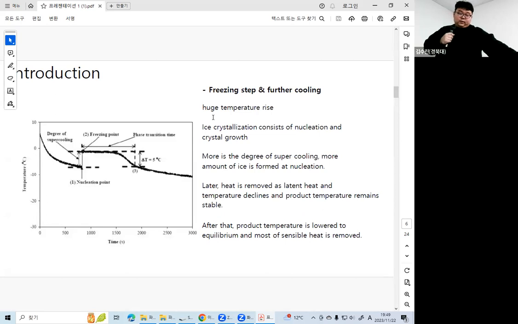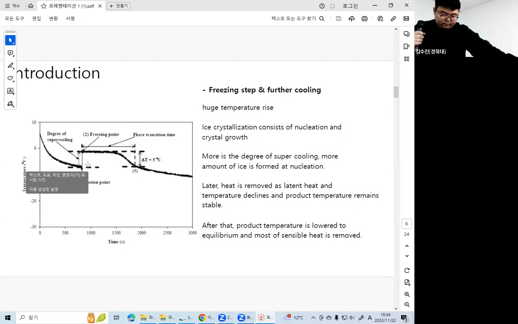And the second and third steps are freezing and further cooling. In this graph, we can see a huge temperature rise. It means the water molecules are changed to ice. Ice crystallization consists of the